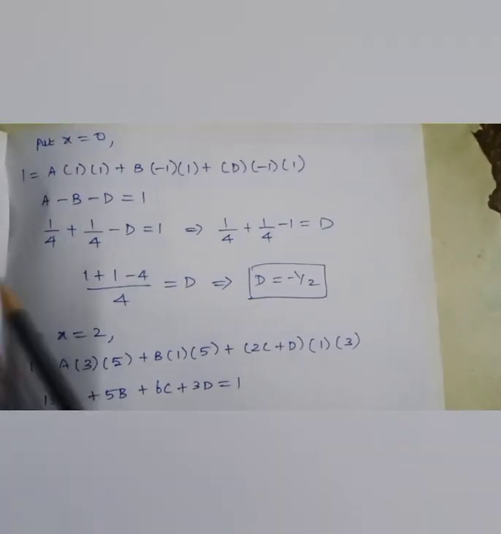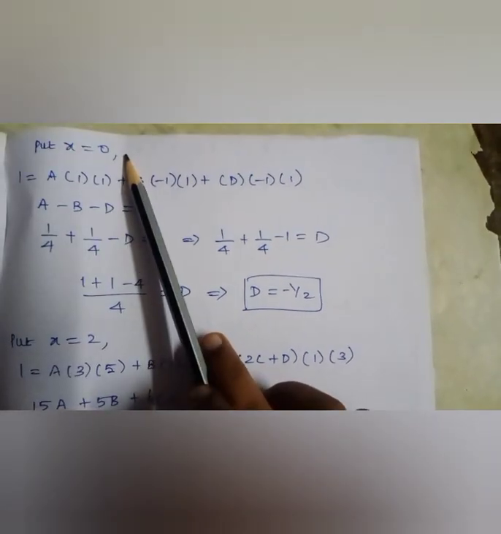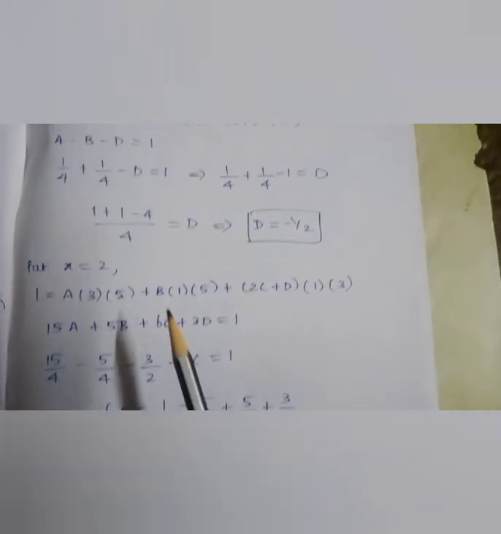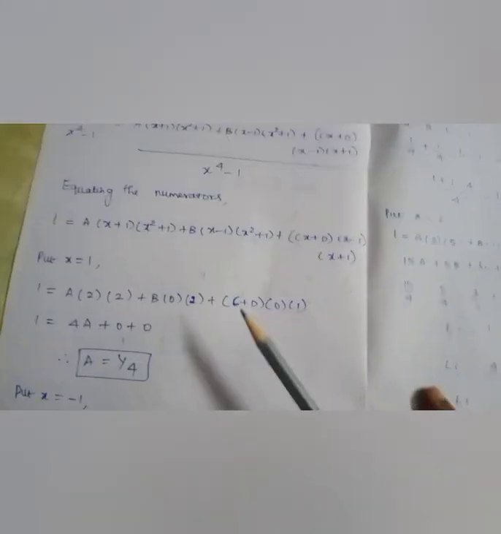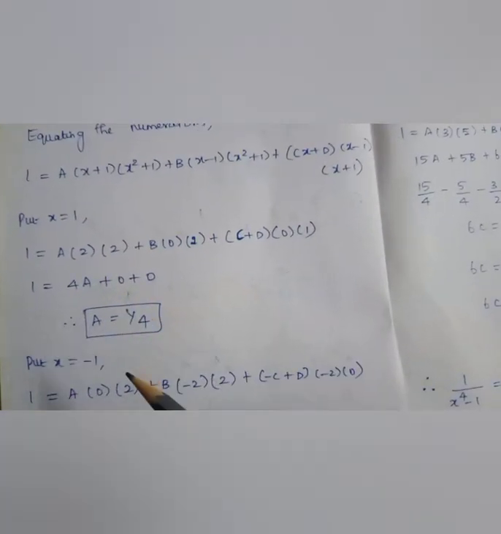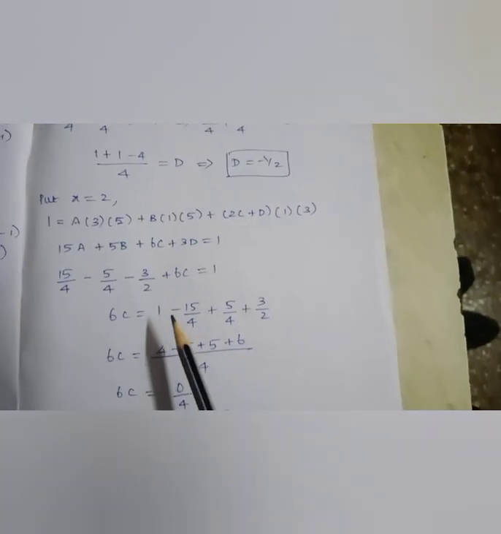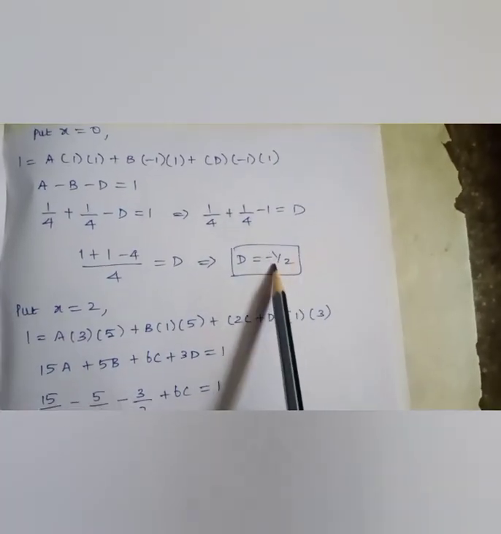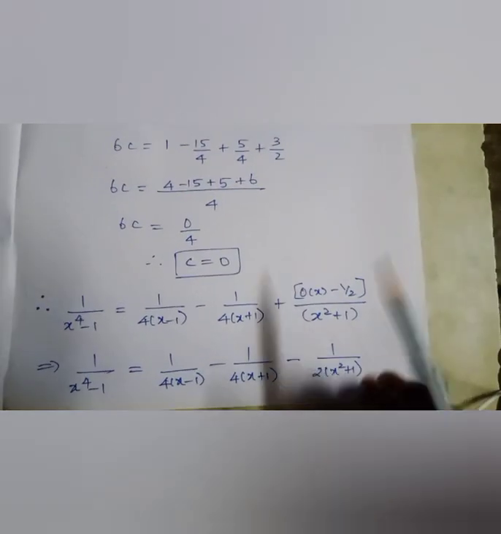So after that, what I told you, after all the possibilities, you have to go ahead with 0. So when I am substituting 0, I got the value of d to be minus 1 by 2. And see, already I have taken the chances of 1 and minus 1. I told you, after all the possibilities, you have to start with the least numbers, that is minus 1 and 1, which I have already taken for the expression. So here I will start with 2 then, 2 or minus 2. So I am taking 2 over here, and I am getting the value of c to be 0. Since I have got the value of d and the value of c, I will substitute it here. So this is how you have to do.